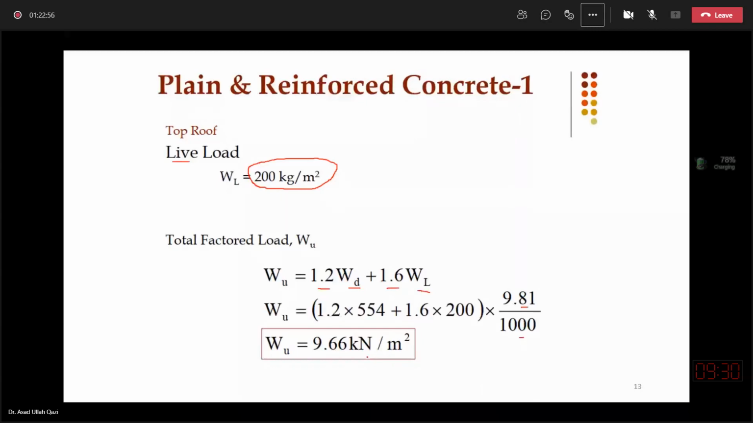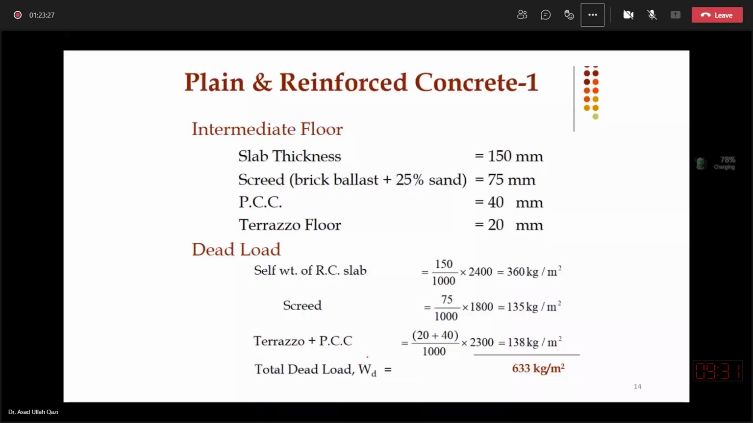You are getting over the roof slab an ultimate load of around 10 kilonewton per meter square, 9.66 kilonewton per meter square, or around almost 10. In our example problem, we got 11.65 when I selected the slab thickness 150 millimeter, and for intermediate floors, now